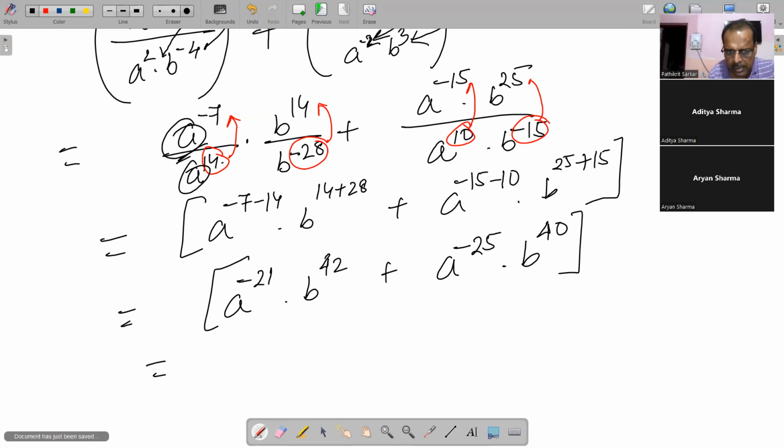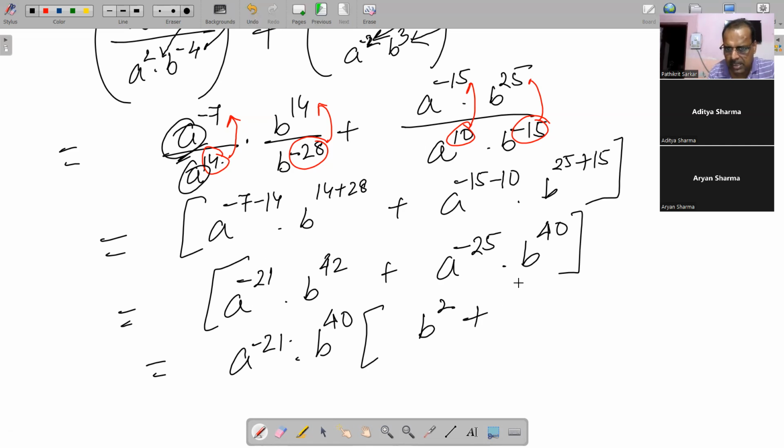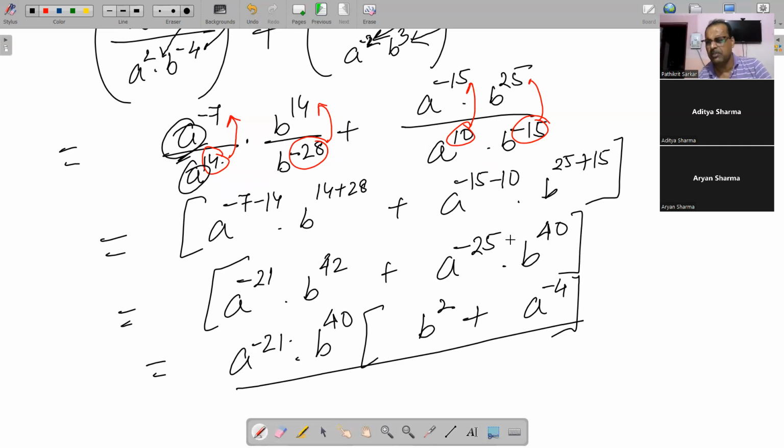सो उसके बाद क्या करेंगे, उसके बाद सर A to the power -21 को हम कॉमन ले लेंगे और यहाँ से B to the power 40 को कॉमन ले लेंगे। सो इसमें से क्या होगा सर, यहाँ पर B² रह जाएगा और यहाँ पर बेसिकली 40 आ जाएगा, दैट मीन्स A to the power -21 ले लिया, दैट मीन्स -4 ये आ जाता है। सो इसको तुम छोड़ सकते हो, फर्दर इसको सिंप्लीफाई भी कर सकते हो, सो इट्स अप टू यू। तो वो हमने जस्ट एक बार दिखाने के लिए दिखा दिया कि कैसे इसको हम लोग यूज करते हैं इन केस ऑफ दिस काइंड ऑफ प्रॉब्लम। देख लो एक बार,